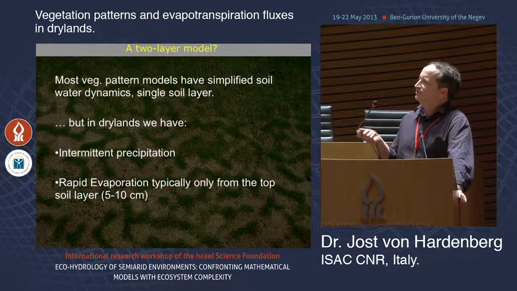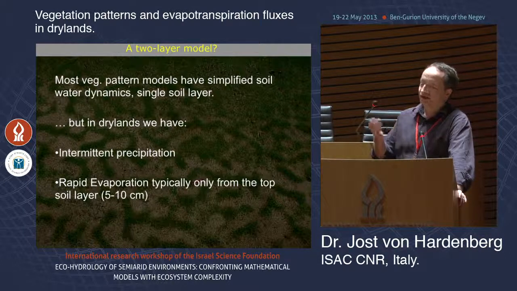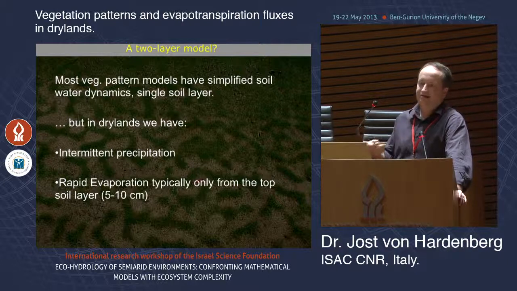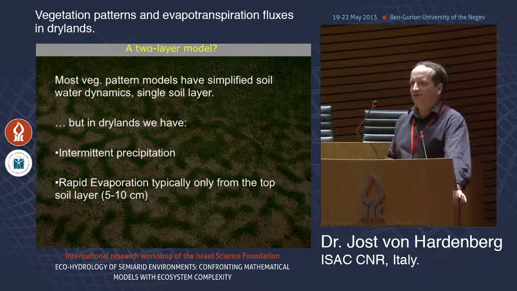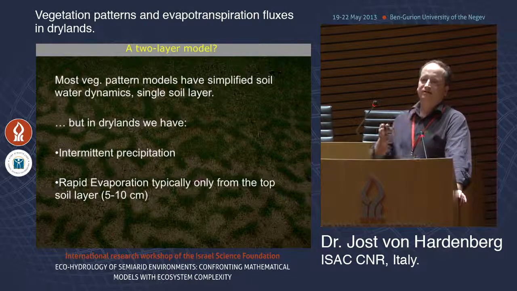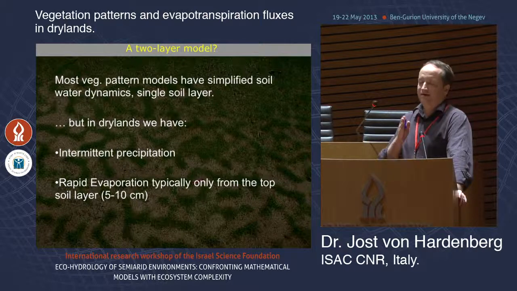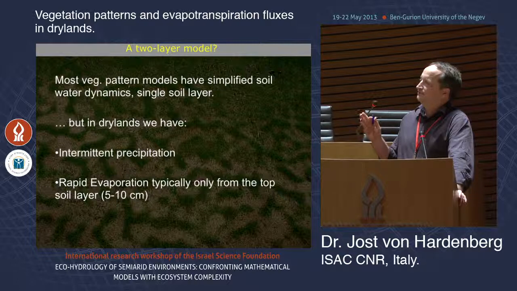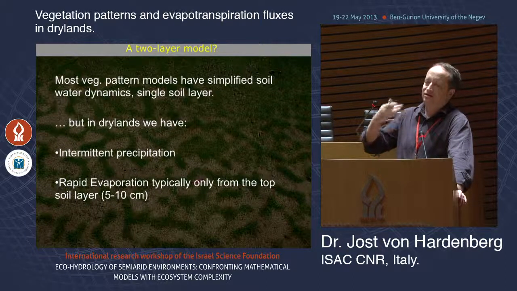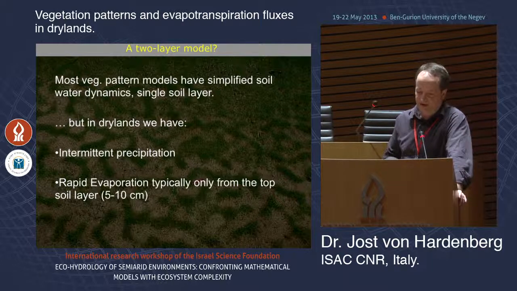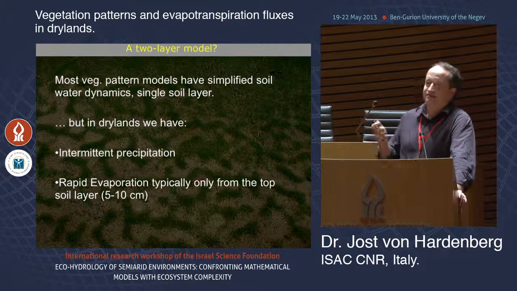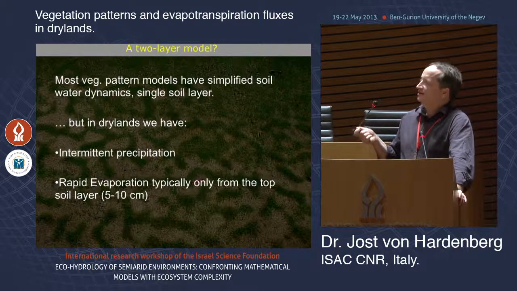So you need to make the model more complicated. One aspect which has been already explored partially is the fact that, of course, in drylands, precipitation is not a constant average precipitation, but is characterized by a strong intermittency, by a specific distribution of precipitation during the year. This leads more to a sequence of precipitation episodes rather than having precipitation as a single variable which controls the system.